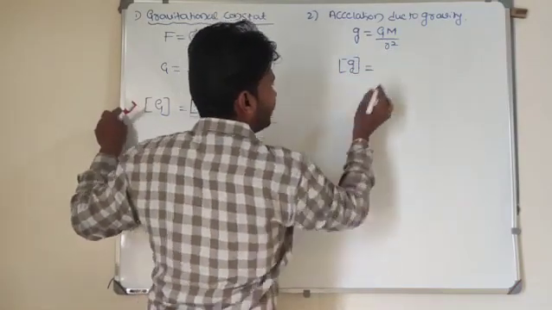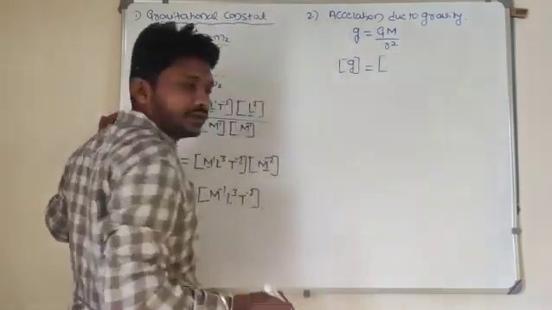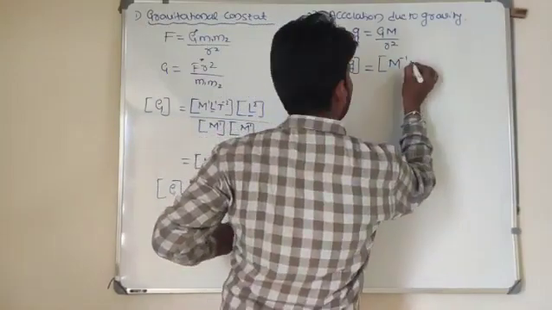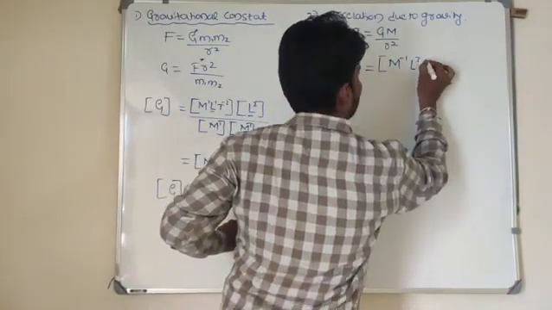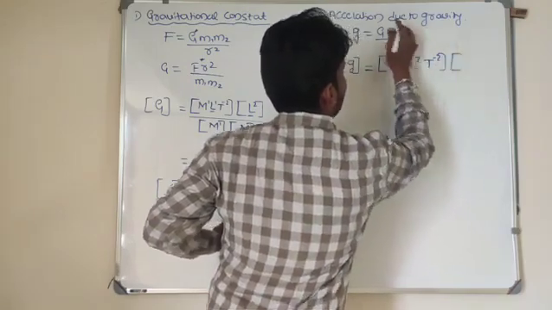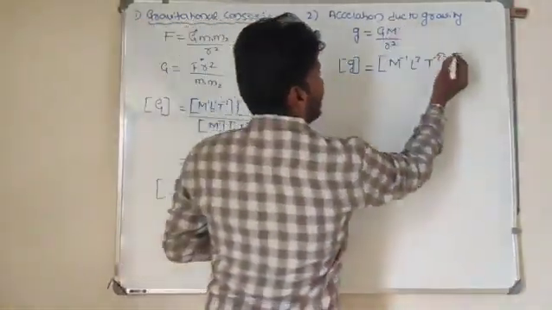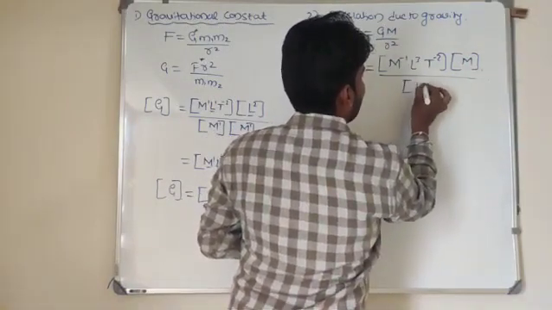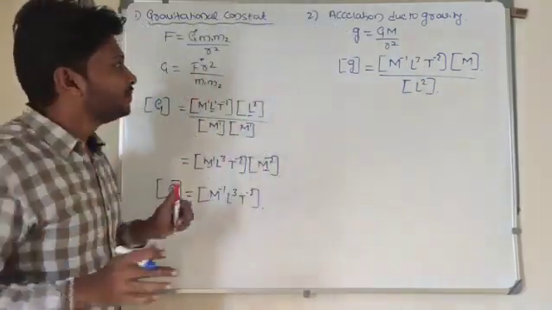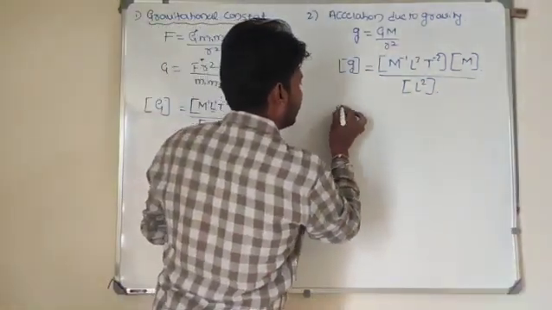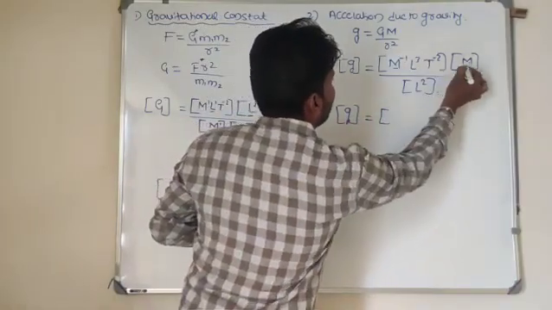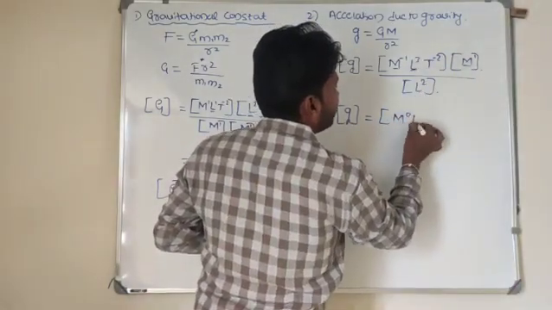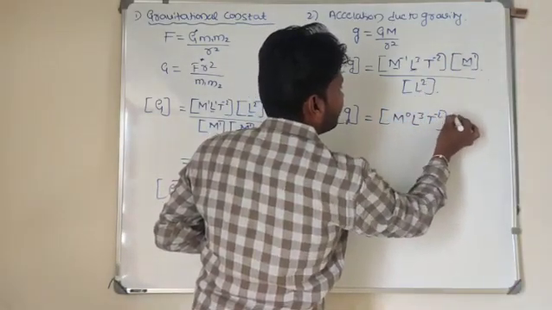So look here. g is equal to the gravitational constant. What's its dimensional formula? M to the power of minus 1, L to the power of 3, T to the power of minus 2. That is for the gravitational constant, and one more mass term is there, divided by L square here. Did you get my point? So just simplify now. M to the power of minus 1 and M to the power of plus 1, so that is M to the power of 0. L to the power of 3 is there, T to the power of minus 2.